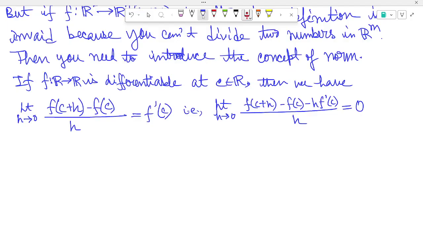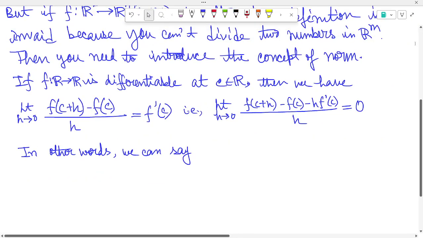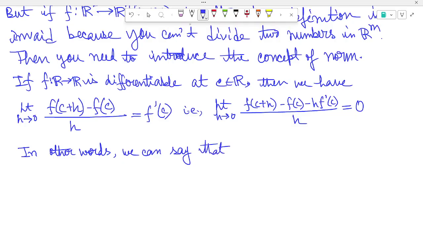So in other words, we can say that there exists... So observe first that if I define f